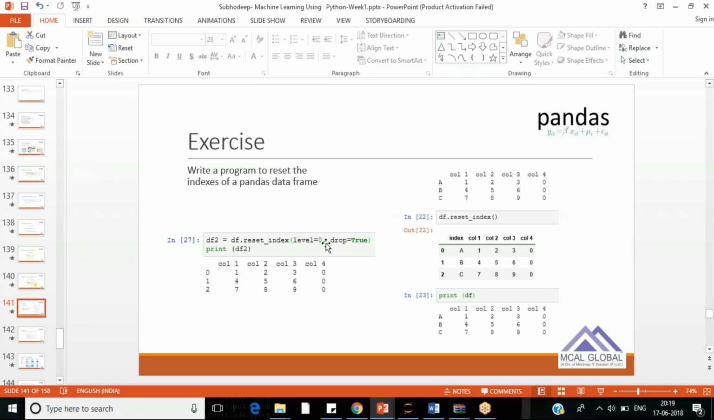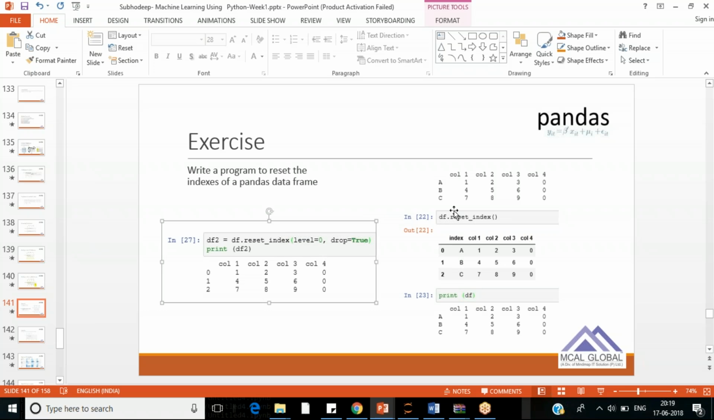Okay, and then, okay, so we have this, and if you keep drop equal to false, then this index will be there in your data frame as a part of the data. Okay,